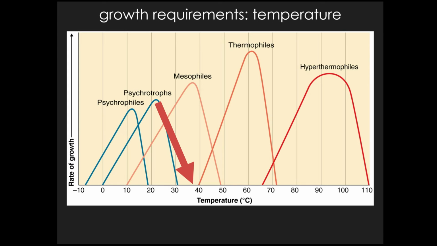And the problem for us with psychrotrophs from a human perspective is that they can cause food spoilage because they're able to grow relatively well at refrigerator temperatures. So a mesophile doesn't really grow at refrigerator temperatures, whereas a psychrotroph can grow at refrigerator temperatures and cause food